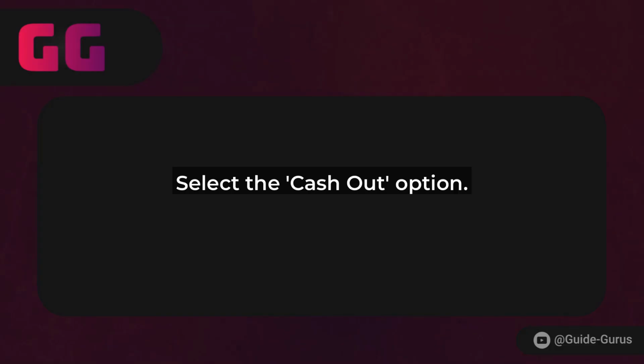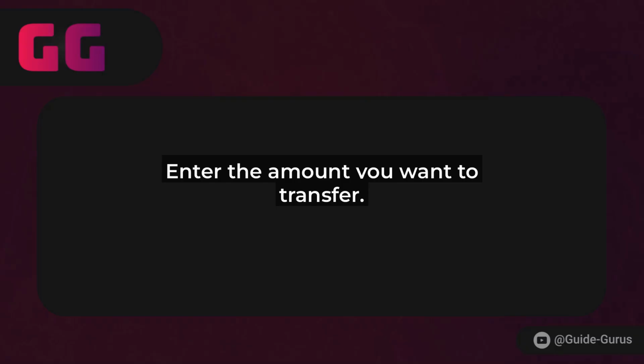Now, enter the amount you want to transfer. Be mindful of any limits. Cash App typically allows up to $250 per transfer if you're a new user, but that can increase with verification. Speaking of which, if you haven't verified your account yet, you'll need to do that first by linking your debit card or bank account. After entering the amount, choose your bank from the list of linked accounts.